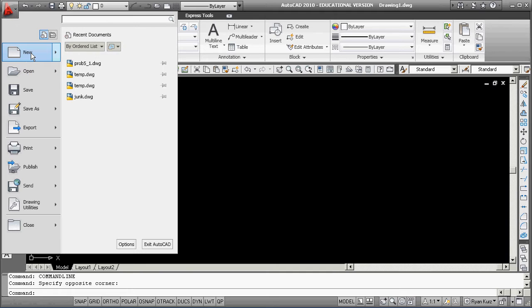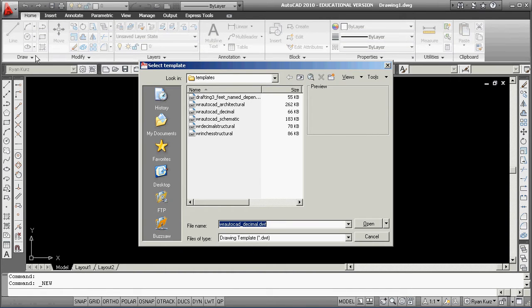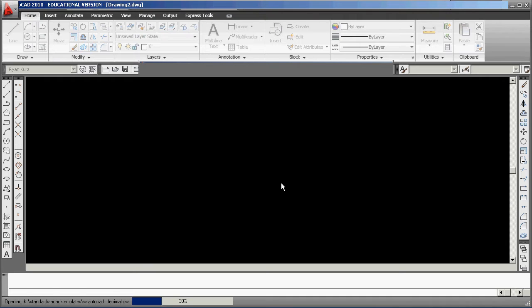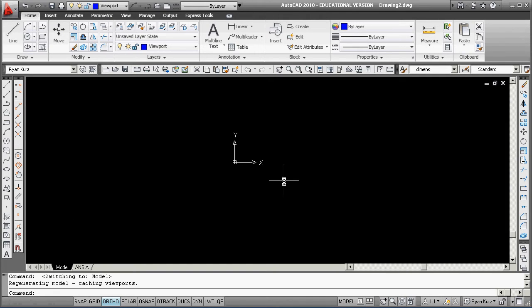I'm going to go to File, New, going start to finish on the problem that is problem figure 7-57. Going to a decimal template because we're working in decimal. It doesn't make a difference whether it's decimal feet or anything else. Decimal millimeters is probably what this is. I'm going to go to model here. I go down, you see I've got all kinds of different